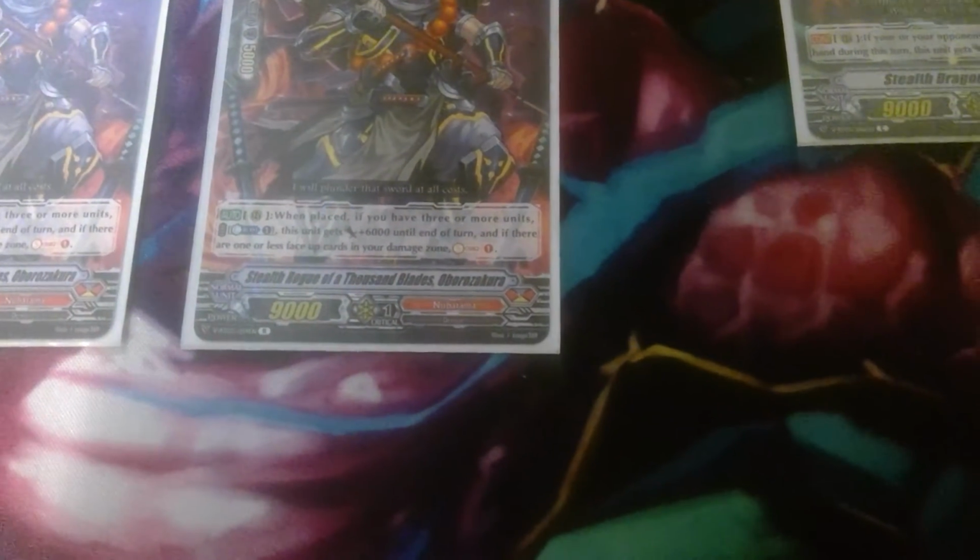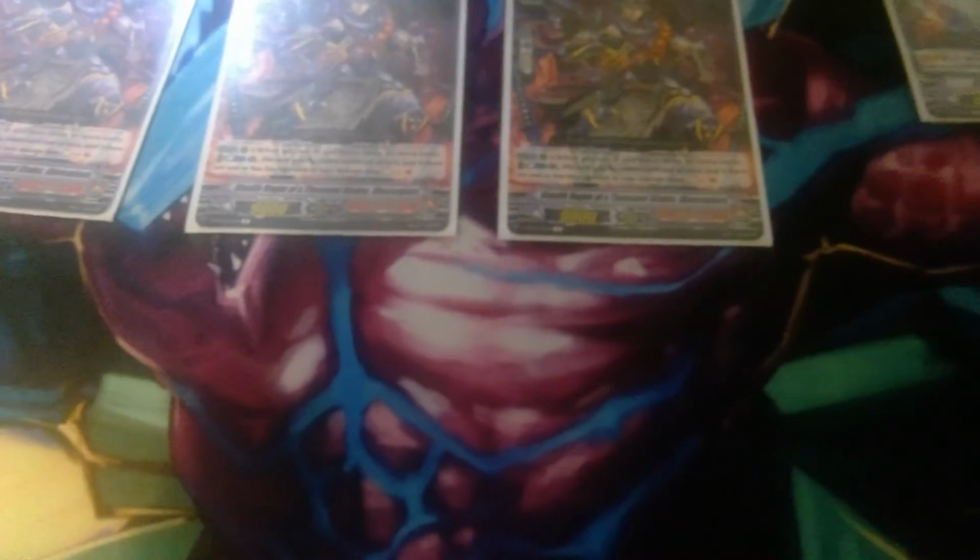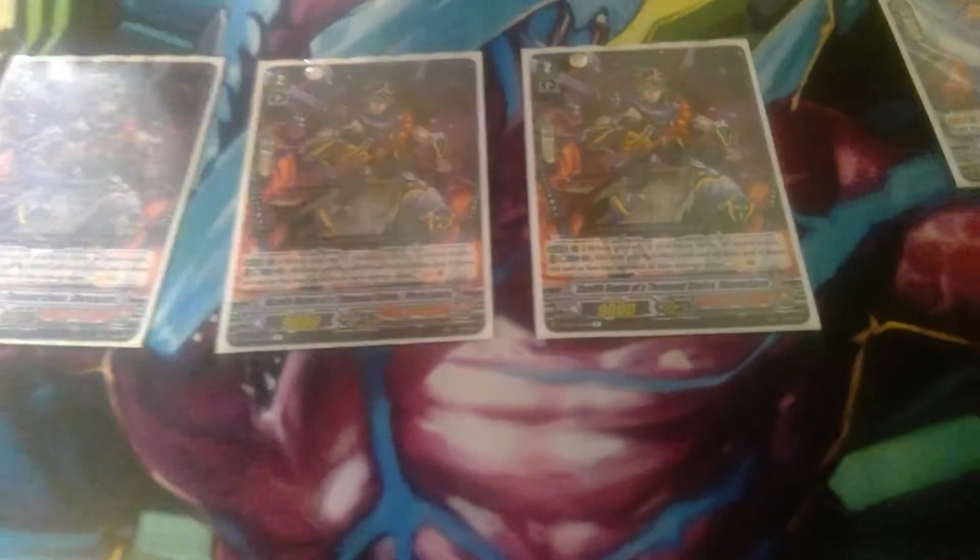Hence the fiends and all that. Demons. Rogues and fiends and all that fun stuff. It literally says demons. Yes, demons. And if there are 1 or less cards in your damage zone, you soul charge, which means putting a top